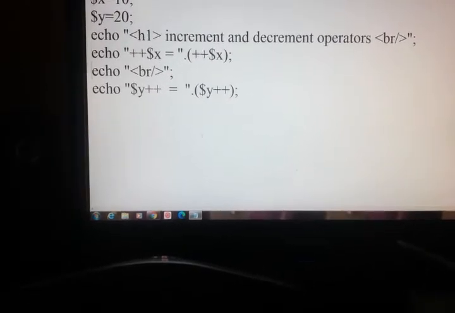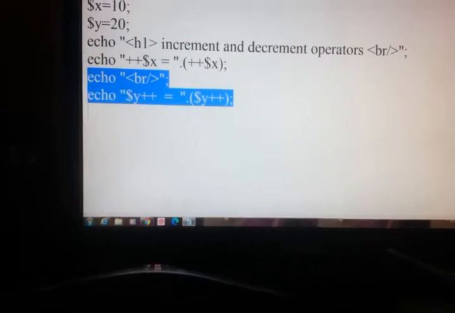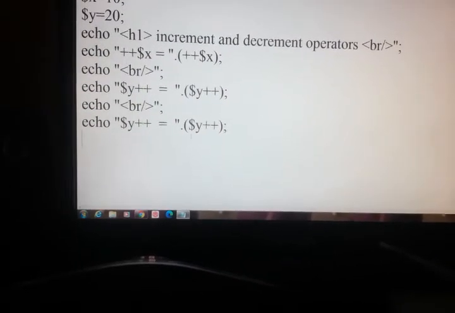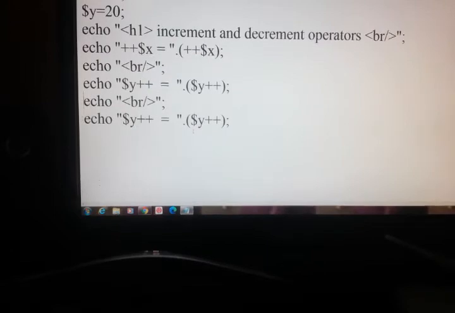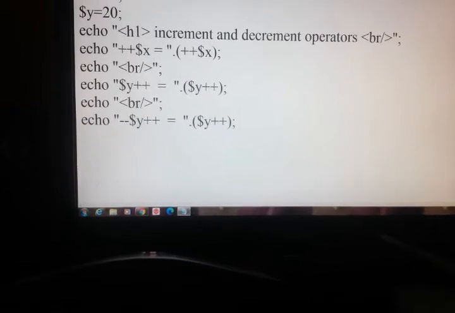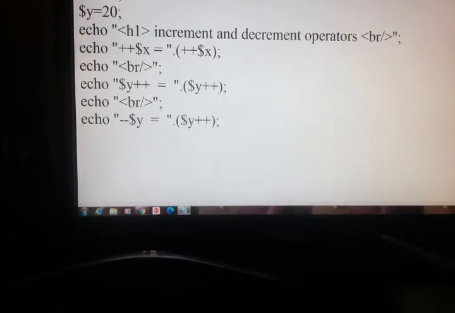Then just use this particular code and change it to pre-decrement.